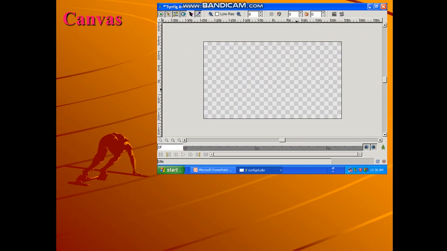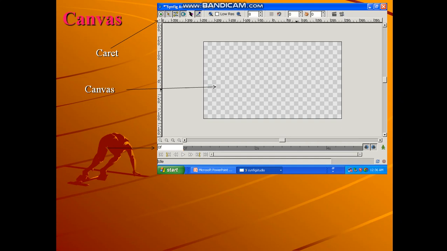Now we will see canvas. This is canvas window, and here this gray colored checkerboard is given. This is known as canvas. At the upper left corner, it will show you a small button. That button is known as caret button. Whenever you click on this caret button, it will show you a shortcut menu, and from shortcut menu you can select any option. So all the options are available in this caret button.